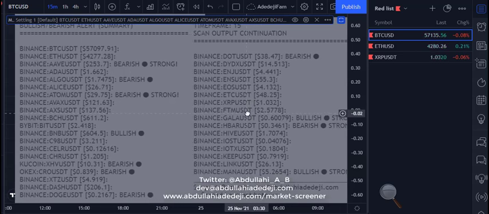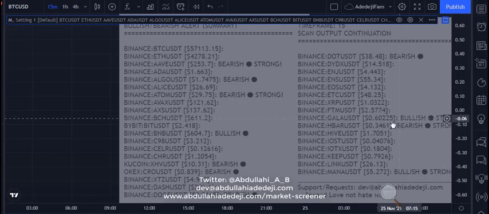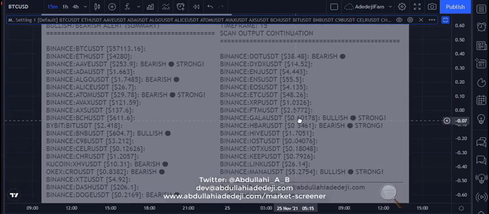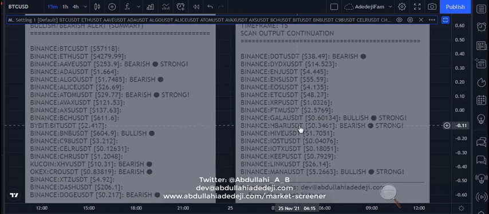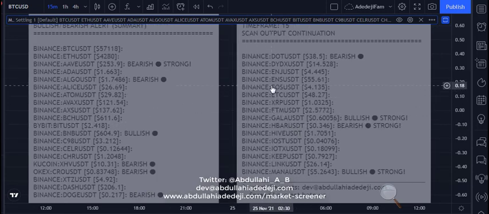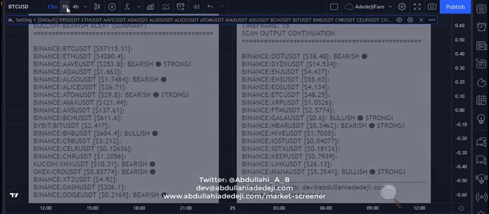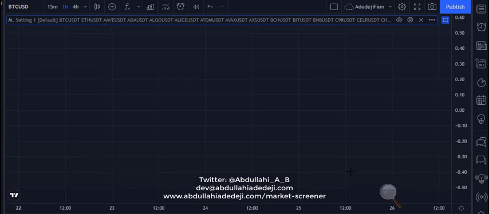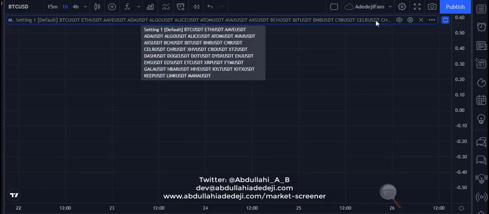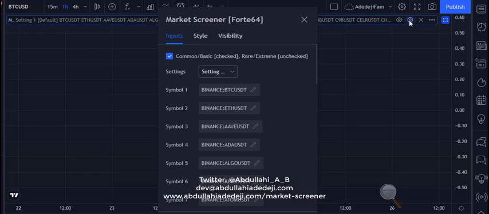So this is how MarketScreener will look on your chart. What you can do is you can just expand properly so you can see very well what's happening on the chart. Right, so over here we can see BTC is on this time frame. We're on 15 minutes time frame. What I'll suggest is you can look at MarketScreener on, let's say, 1 hour. It takes a while to load up, right? And then while that is loading up, over here on the settings part on MarketScreener,